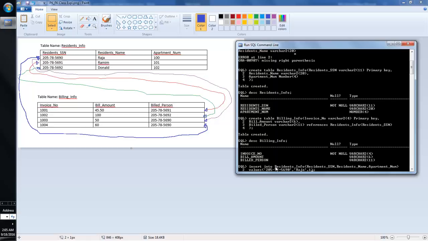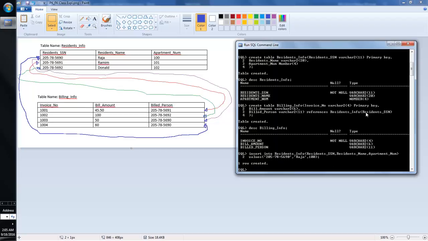We are saying that apartment number, if you take a look here, the apartment number field, we have declared it as a number. So for a number field, we do not need to put double quotation. Now if you press enter, now see, if you take a look, if you collect all the data, select star from